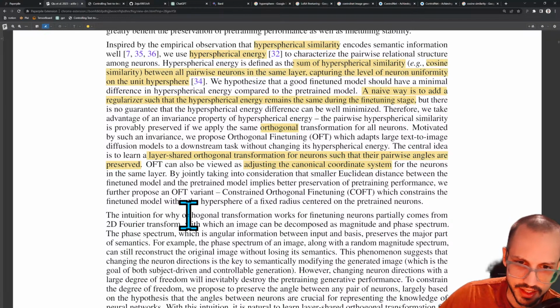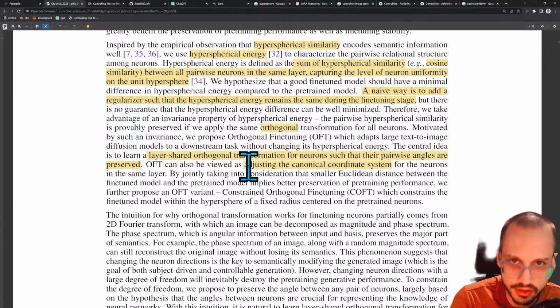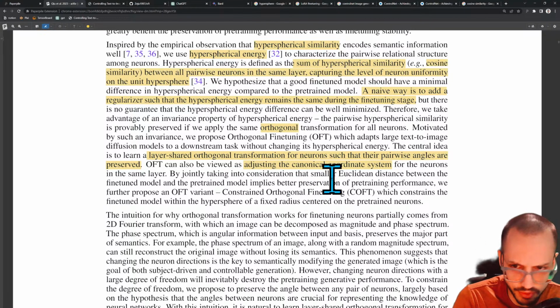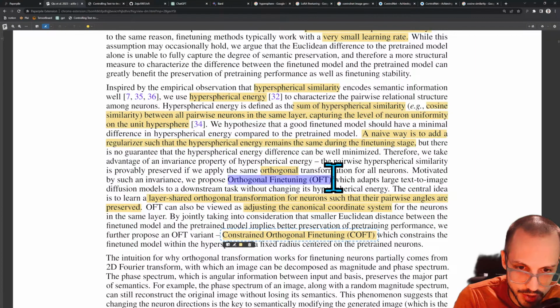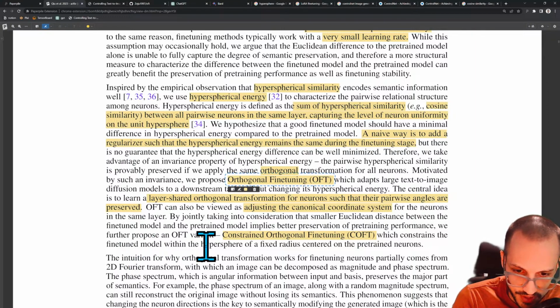By jointly taking into consideration that a smaller Euclidean distance between the fine-tuned model and the pre-trained model implies better preservation of pre-training performance, we further propose an OFT variant, constrained orthogonal fine-tuning. Okay, so they're going to have a vanilla version of this, and then an additional constrained version, which constrains the fine-tuned model within the hypersphere of a fixed radius centered on the pre-trained neurons. Okay, so